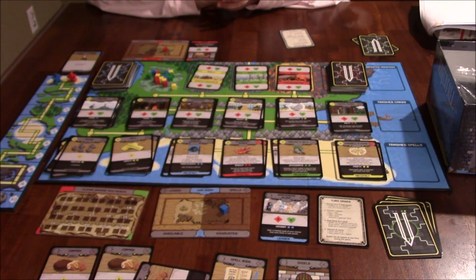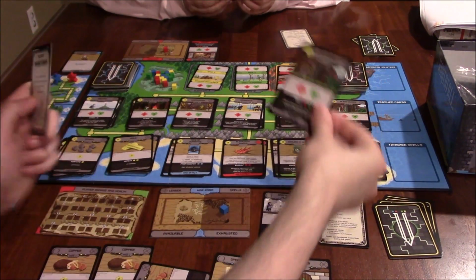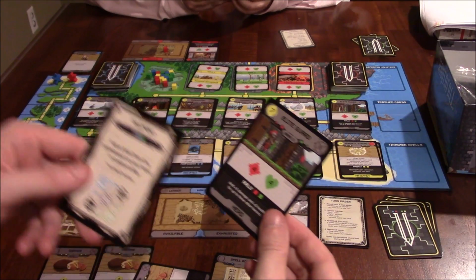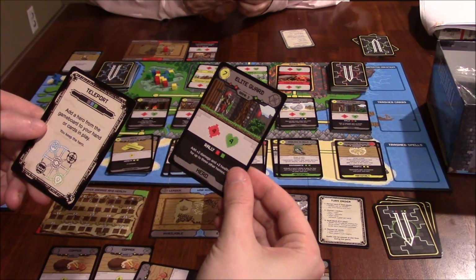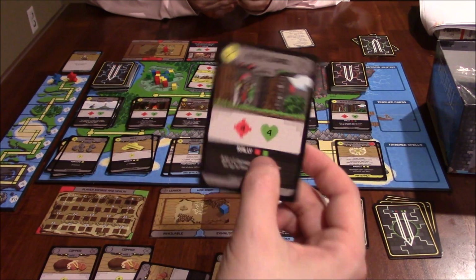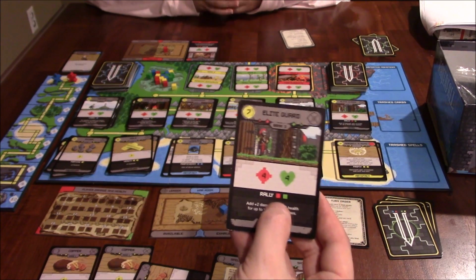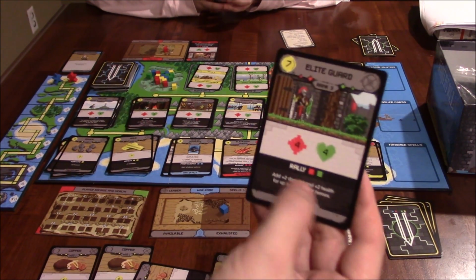Okay, so I could do, I mean, it says any hero. I don't see why I couldn't just take the Elite Guard and be done with it. I mean, that's really, wow. Okay, I'm going to go ahead and do that. Well, here's the thing. They've got a red-green. I may benefit from the Seer instead, but if I can get a green, I mean,